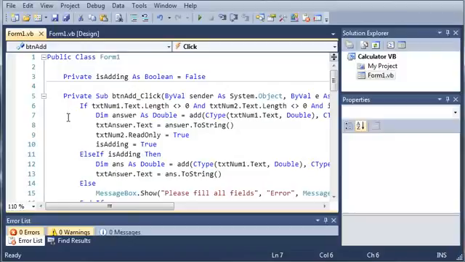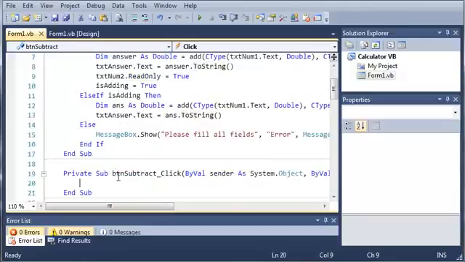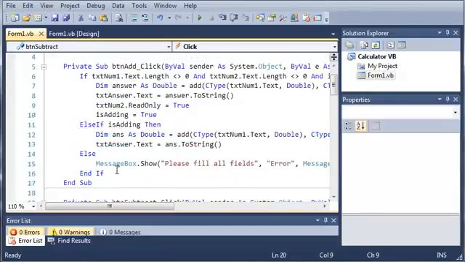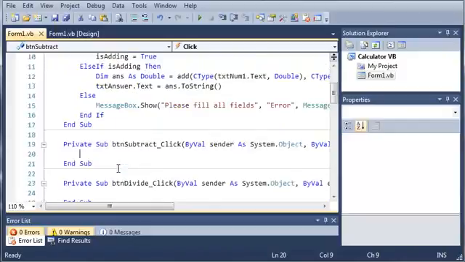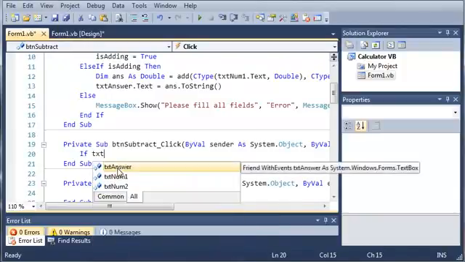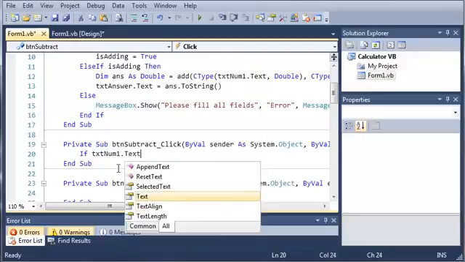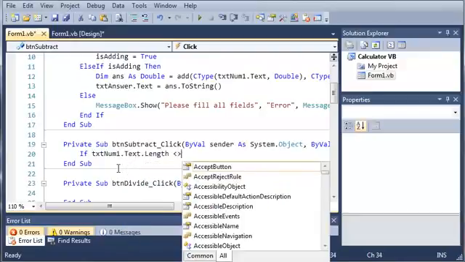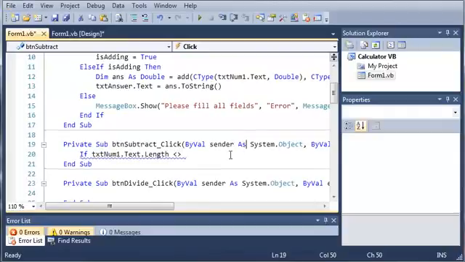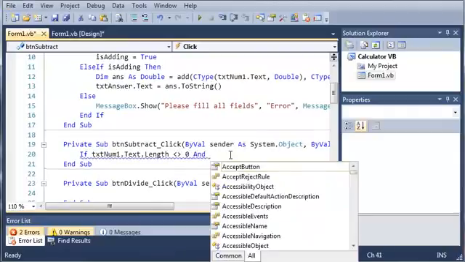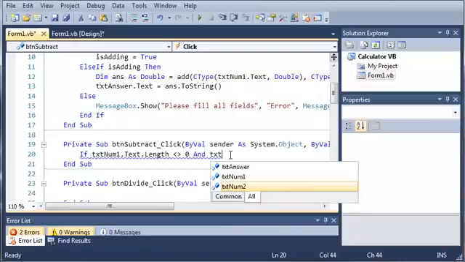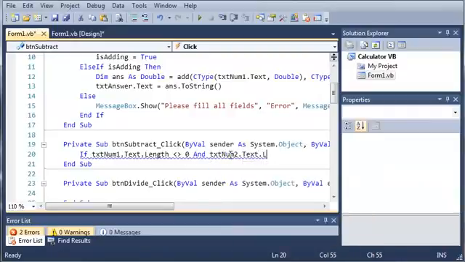So now what we're going to do is do the same thing for subtraction. So we can just come down here and I'll start it off for you, and what I want you guys to do is go ahead and do it for yourself without having to watch the tutorial. So we'll start off with if txtNum1.Text.Length does not equal 0, and txtNum2.Text.Length